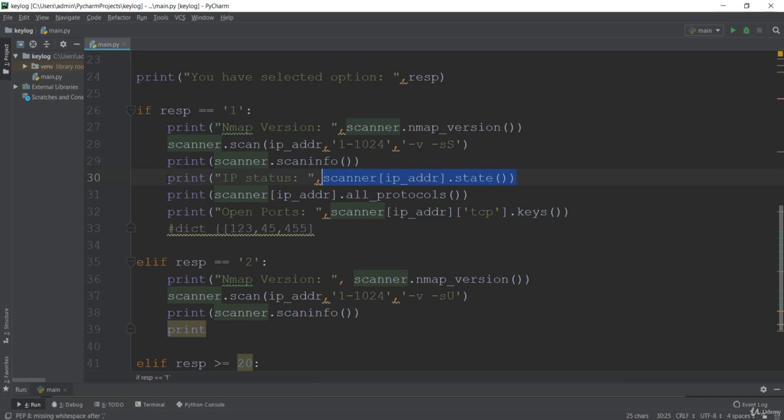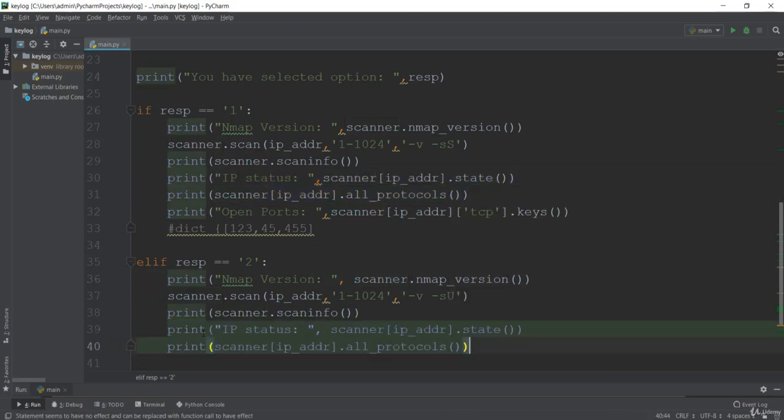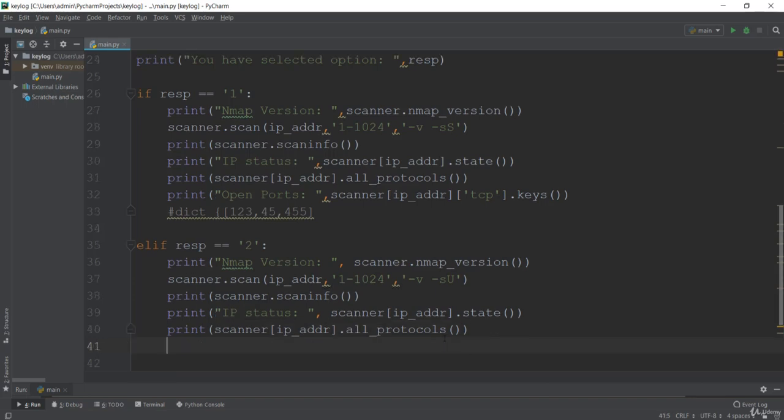It will be the same for protocols and for the IP state, whether it is up or down. So I've got the TCP protocols; in this case it will be the protocols, and the next thing I want to check is the open ports.